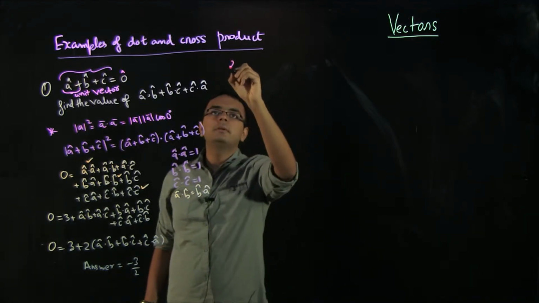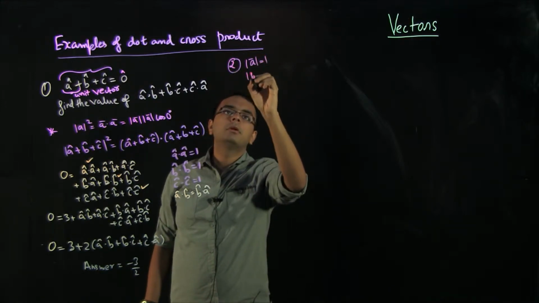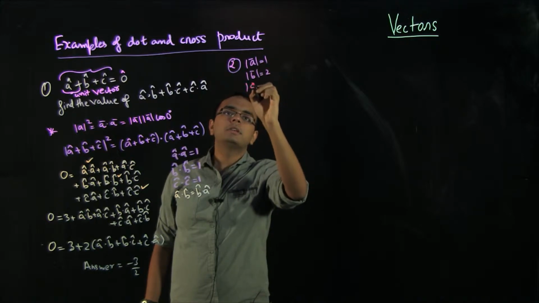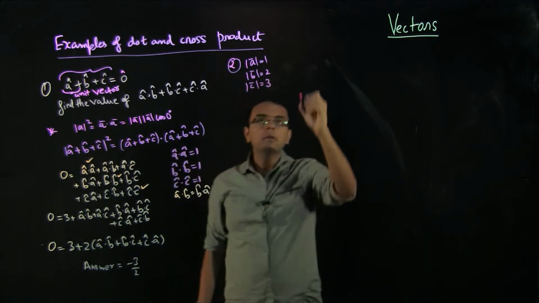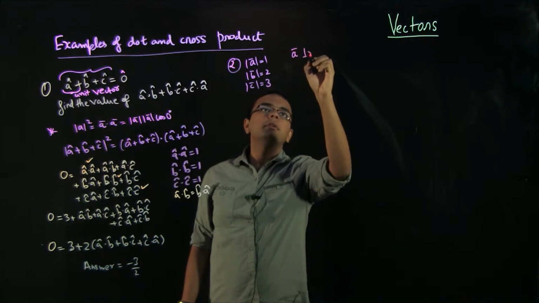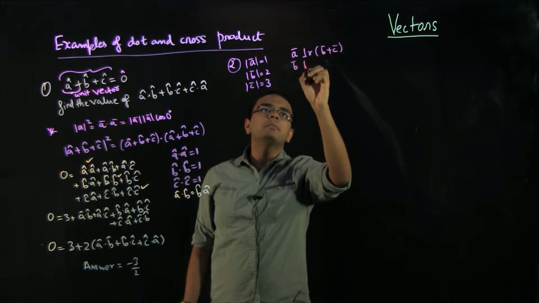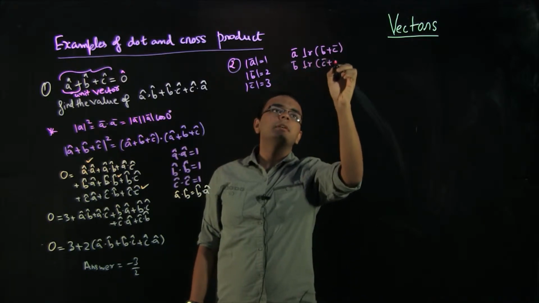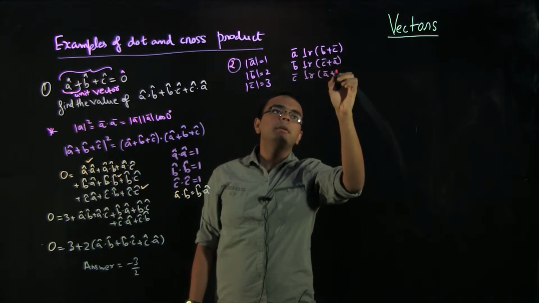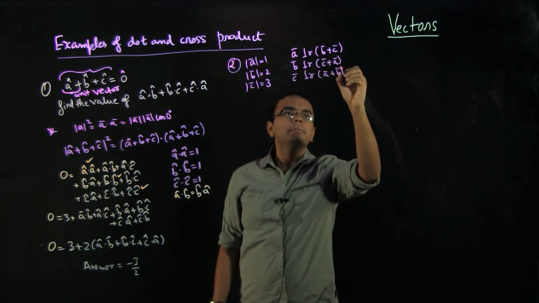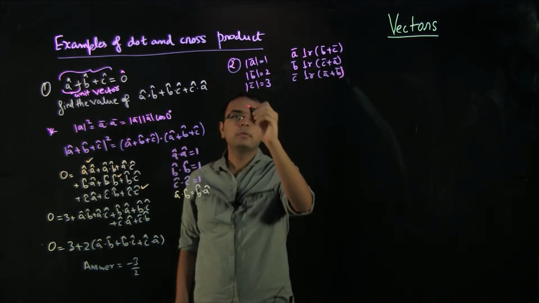I hope this will be much easier now. We have been given that mod A is equal to 1, mod B is equal to 2, and mod C is equal to 3, and we have been given that vector A is perpendicular to vector B plus vector C, vector B is perpendicular to vector C plus vector A, and vector C is perpendicular to vector A plus vector B. And the question is asking us to find the value of